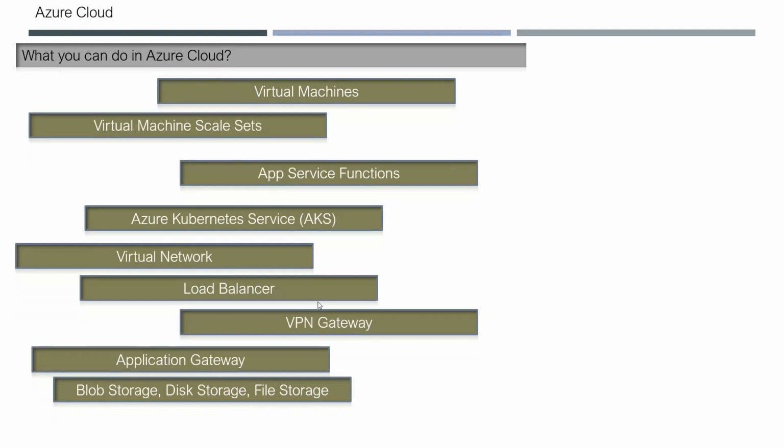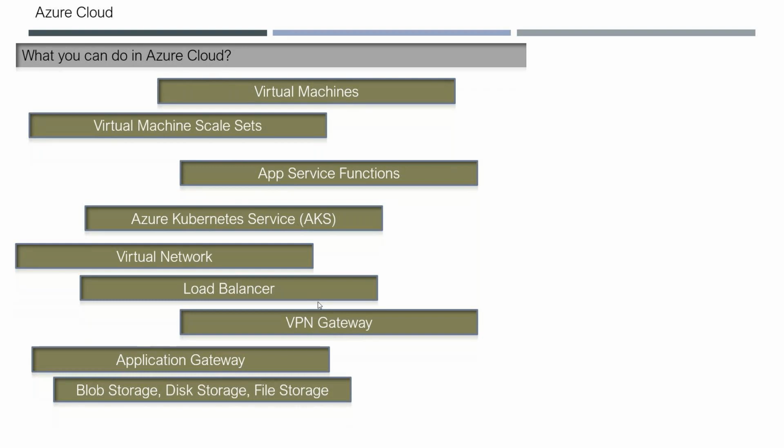Basically, disk storage is nothing but your actual hard disk that you use in your laptop or server. File storage: all of these are storages only, but they are tuned for different types of data. If you are using files like docs or PPTs, the better storage mechanism is file storage. All you do is go to portal.azure.com, create a file storage, give it a name, and give people access to keep their files.